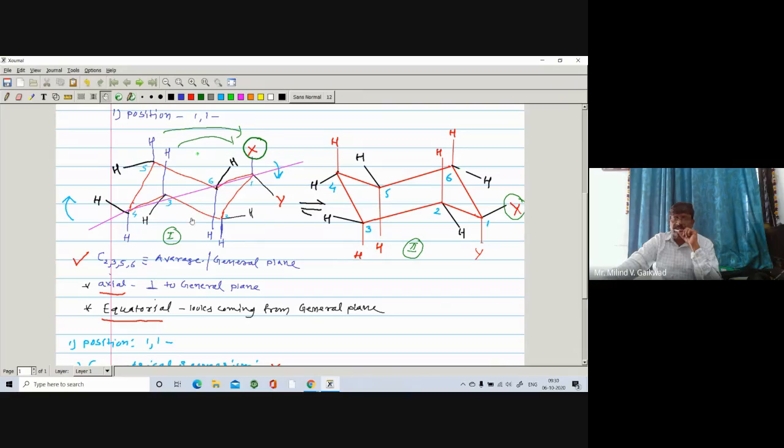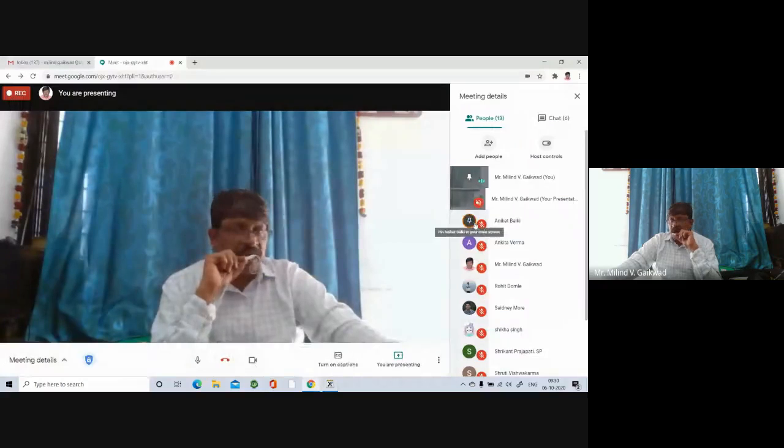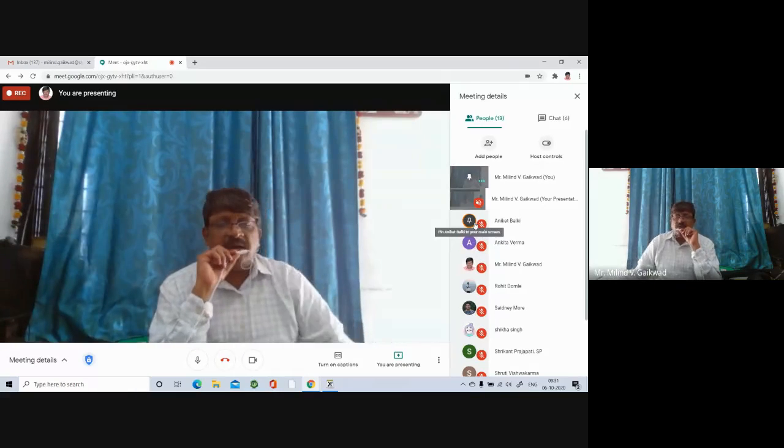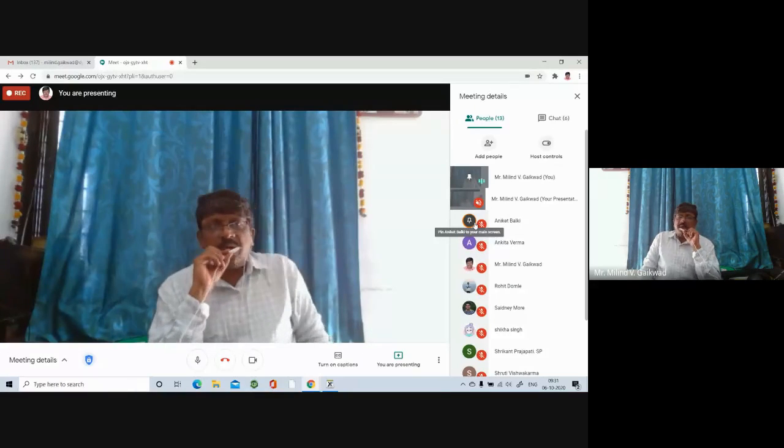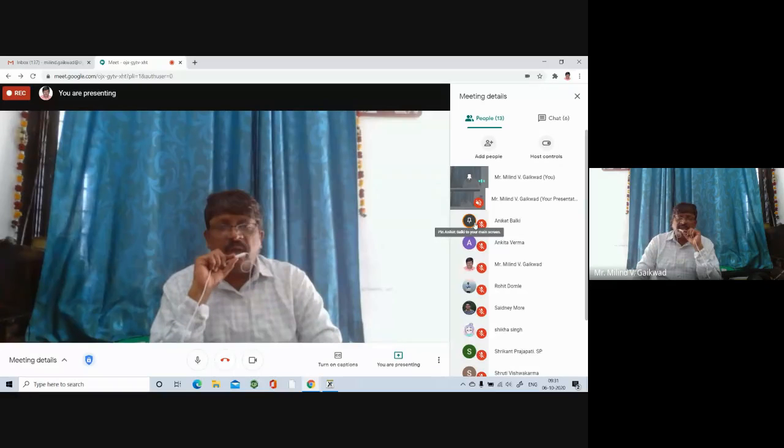You have to draw the two cyclohexane chair forms, and you have to know how to draw the equatorial and axial hydrogen atoms. We have also learned this point in the BSc second year, right? So in this way, we have seen how to draw the cyclohexane and the stereochemistry of 1,1-dimethyl cyclohexane. A question of 2 marks or 1 mark, they may ask, 1,1-dimethyl cyclohexane does not